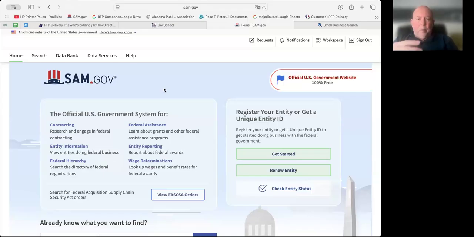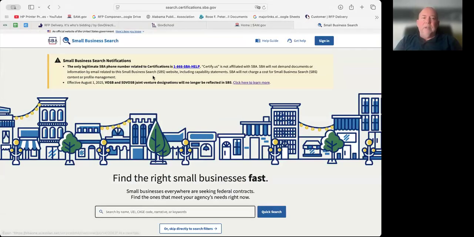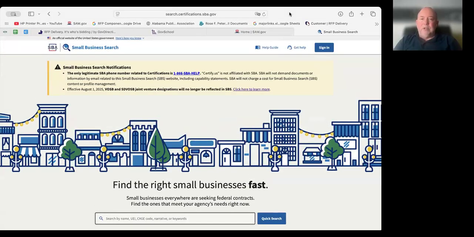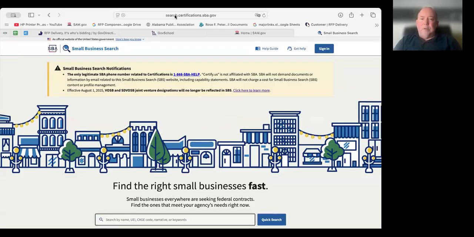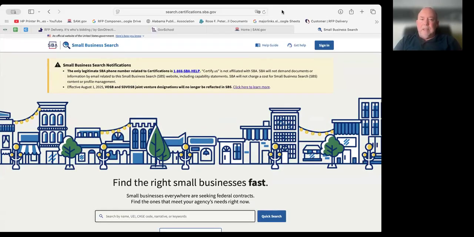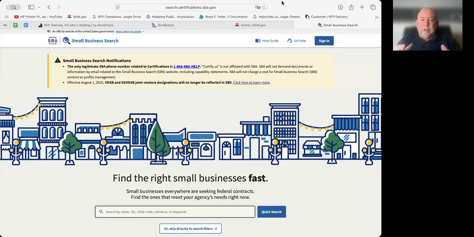Now, the next step, once you receive your UEI and CAGE code, is to make certain that you're registered correctly within the small business search system, often referred to as the Dynamic Small Business Search, available by the Small Business Administration under the domain search.certifications.sba.gov, previously DSBS.sba.gov. Essentially, this is the database that local, state, federal contracting officers and many primes go to make certain that